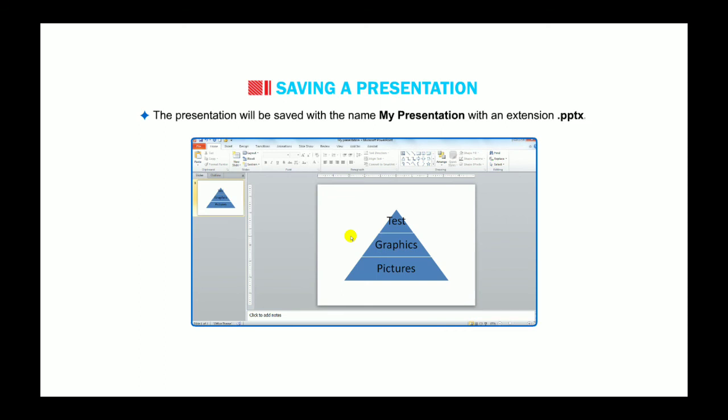We also learned the different tabs available and different groups in different tabs, and the Quick Access toolbar also.